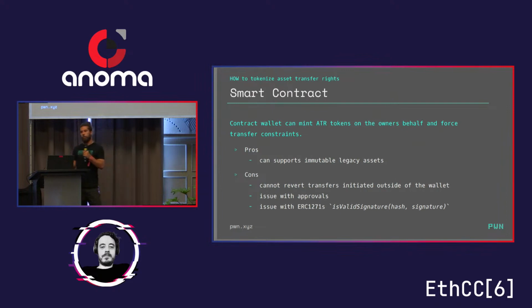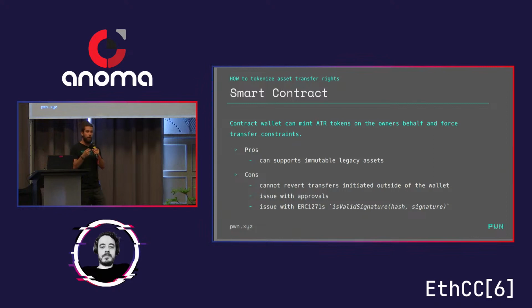There is another approach, which is smart contract wallets. This approach basically builds a contract wallet that can mint the ATR tokens on behalf of the owner and enforce the transfer constraints. The good thing is that you can use whatever you want in that safe, and you can use it right now. The problem is that it cannot revert transfers initiated outside of the wallet.